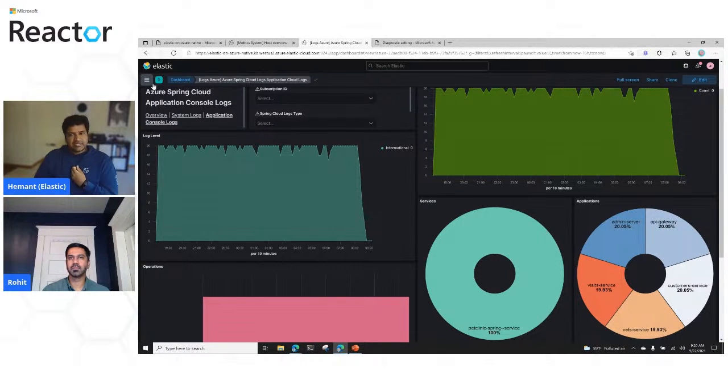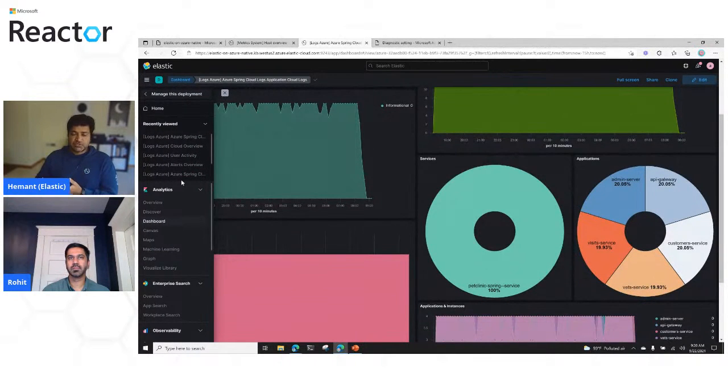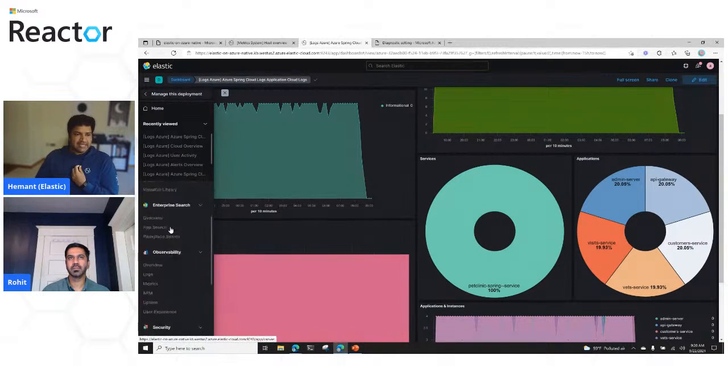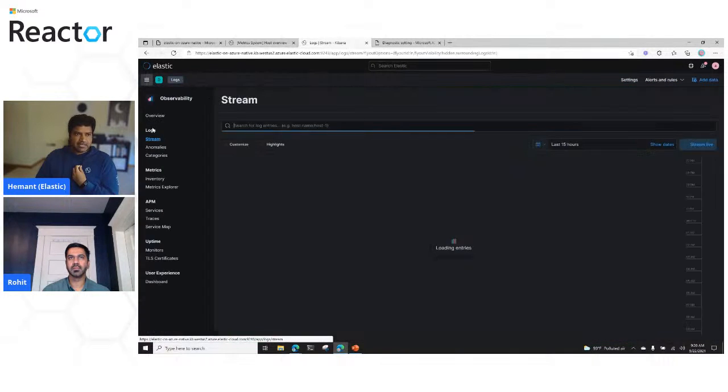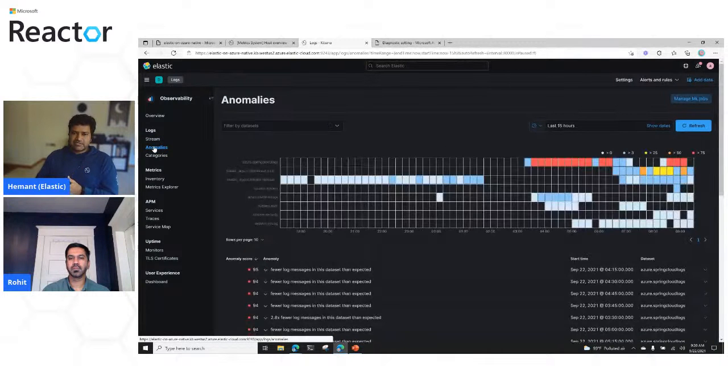As you start sending in all these different logs, I mentioned Azure Spring Cloud logs, the platform logs and activity logs that are supported, there is also this aspect of learning from the behavior of those logs within Elastic, the machine learning powered anomaly detection. So I can easily just look at my logs that are coming in, and I can click on the anomalies. What this anomaly detection does, as I started getting these log sources from Azure into Elastic using the native integration, is I went ahead and turned this on, where it would start learning from the behavior.